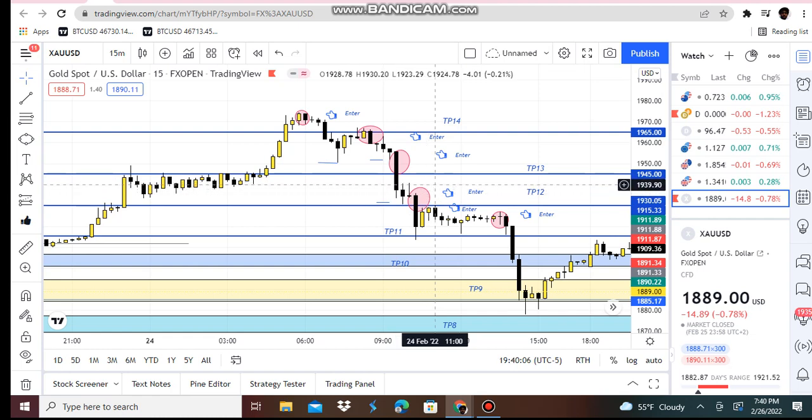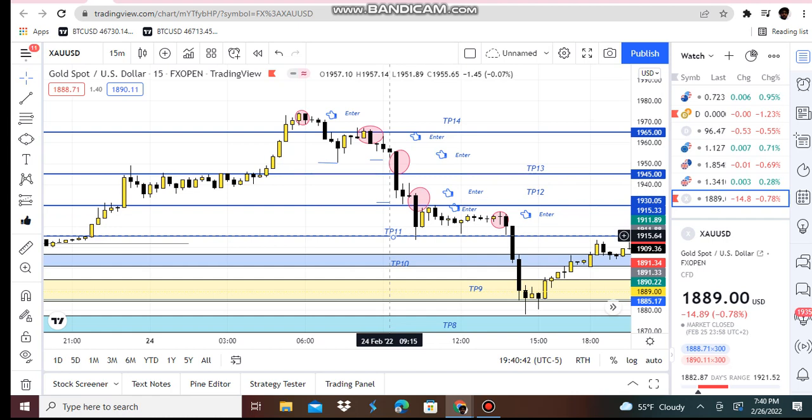You could have actually gotten in off this lower high right here, or you could have waited a little bit and gotten in once you see more confirmation, you start seeing black candlesticks at 1935. You could have gotten in for a third entry, or right here, once price makes this lower high at 1940, you could have gotten in. And what do we see? We see a long black Marubozo candlestick for our fourth entry at 1935, and it was at take profit 12 at 1935, and from 1935 price goes what to